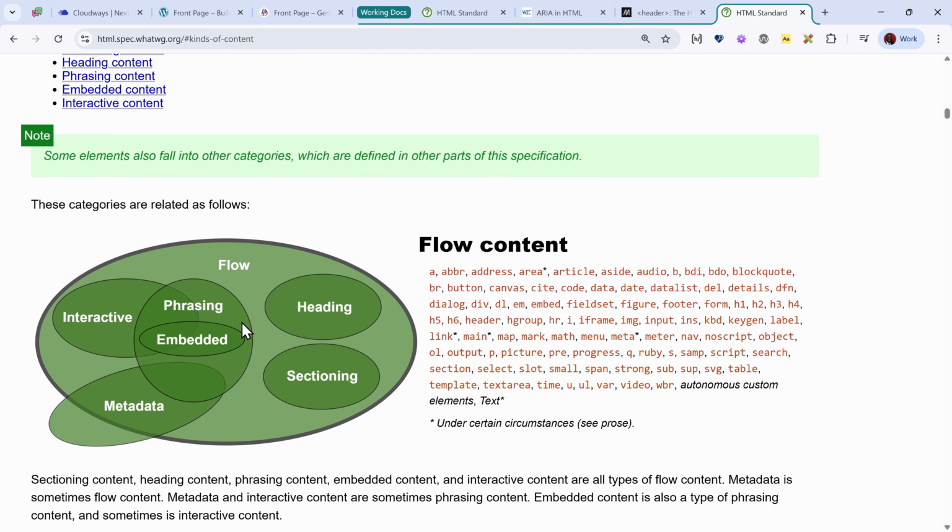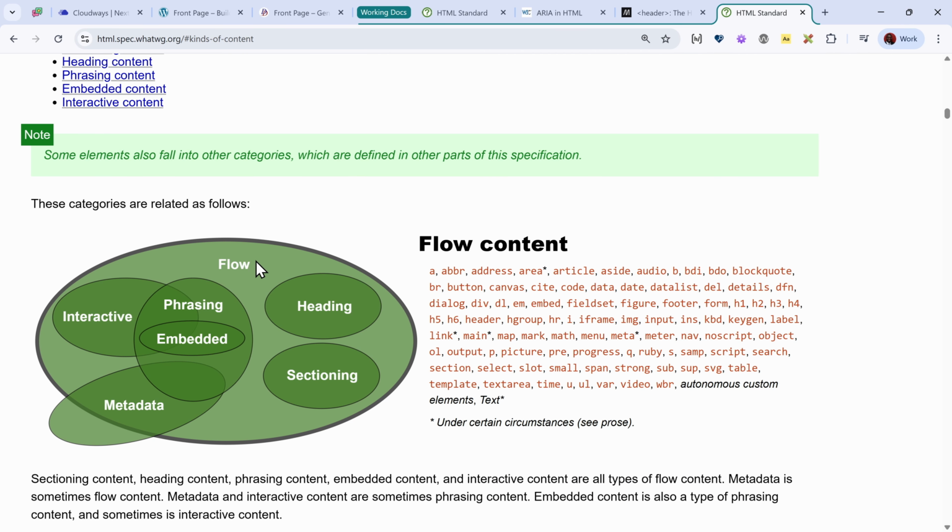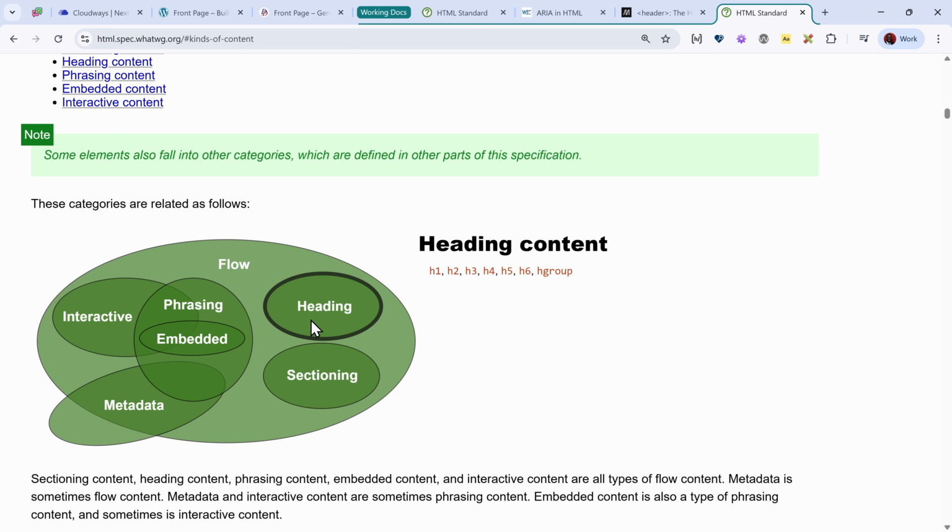And once you hover over the illustration, it tells you all of the allowed elements that are regarded as flow content. If you hover over the heading content, it tells you that we have H1 to H6 and the hgroup. For sectioning content, there are actually only 4 elements. We have article, aside, nav, and section.